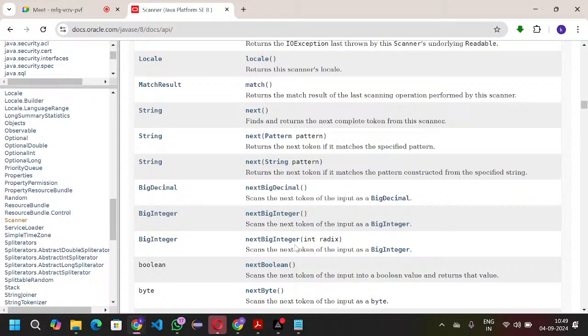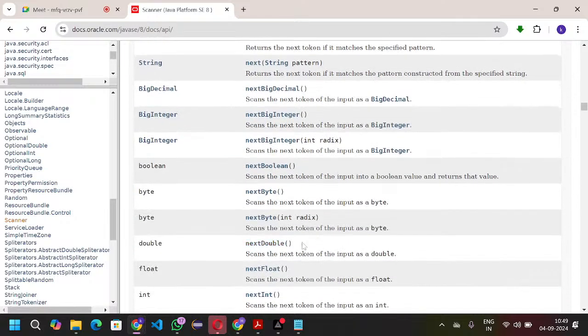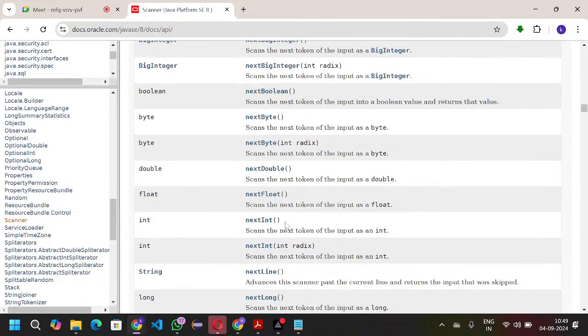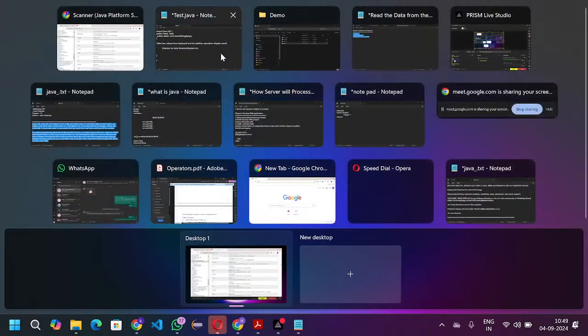Next we have the nextByte method, nextDouble method, nextFloat method. So we have the data types, right? You can read integer values, float values, double values, byte values. These are the predefined methods. In my case, I want to take integer values. So for that purpose, simply